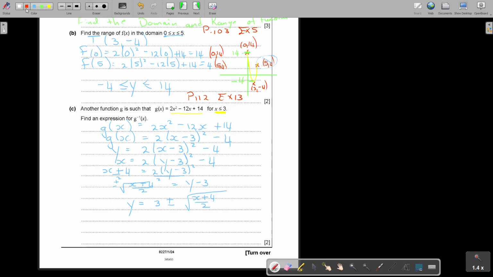Because x is smaller and equal to 3, not bigger and equal, then the inverse g minus 1, I forgot, I should have written the last step. I will do it in the last step. G minus 1, because there is a last step, will be